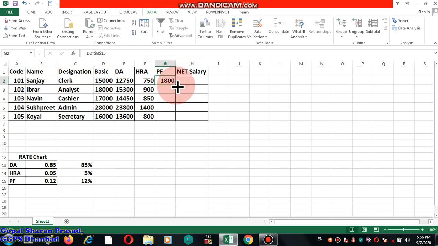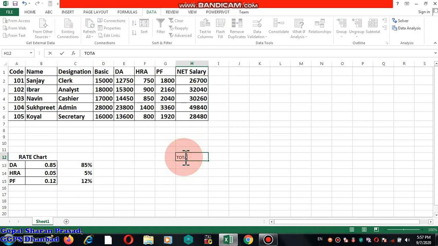Now try it. Now what is the formula of net salary? All the allowances, all the income, that is basic we get, DA allowances we get, house rent allowances we get, PF is deducted from employee salary for their betterment. Minus, now click it. Now, what is the gross money that is paid by the company?